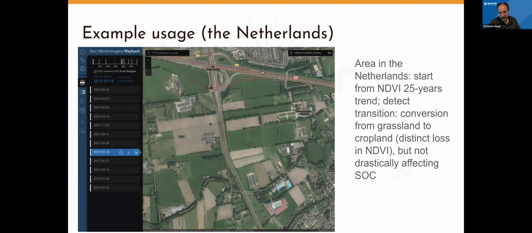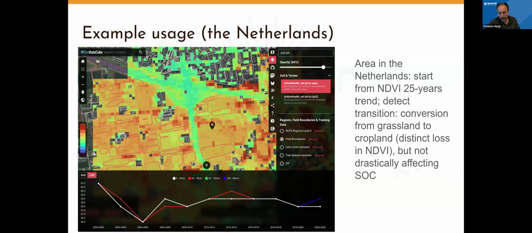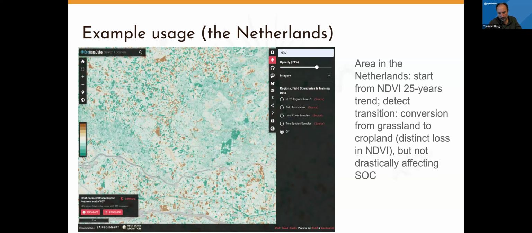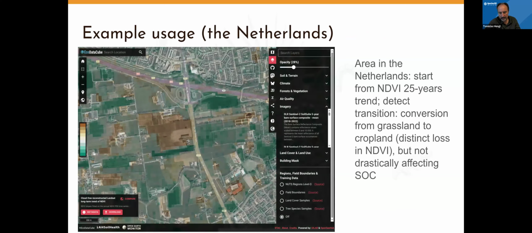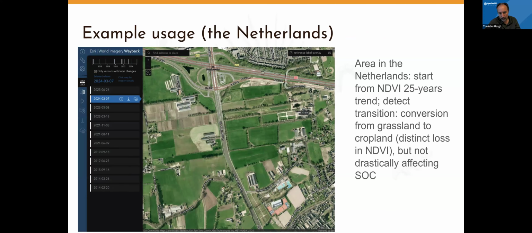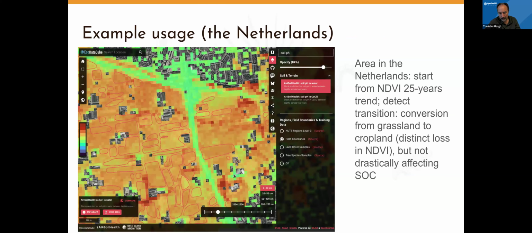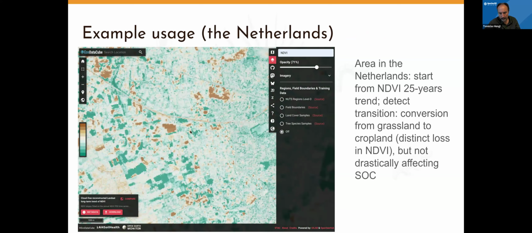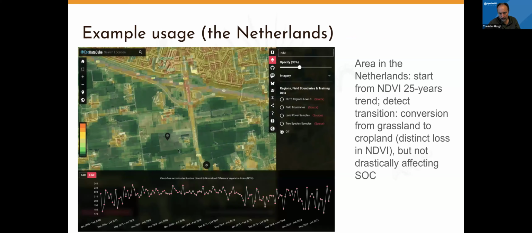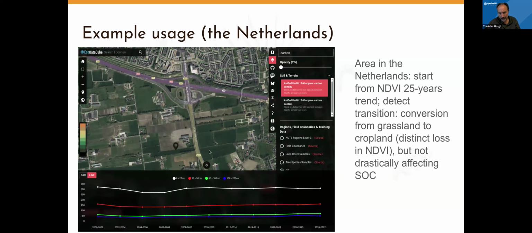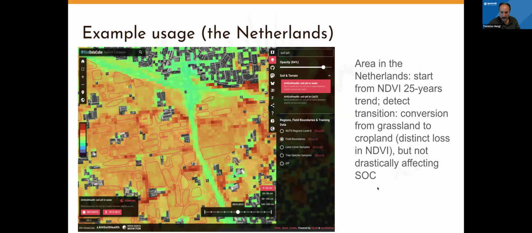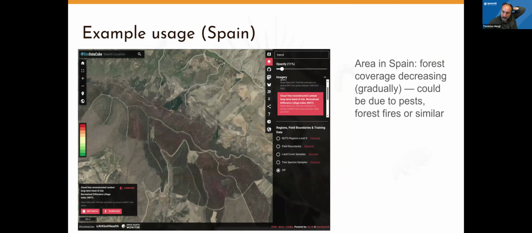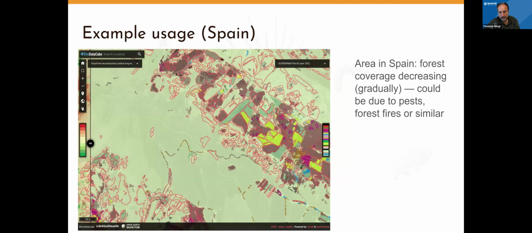So you can see the trend maps, and I'm looking at that farm that I just showed, where we see that there seems to be a change in NDVI. So this reddish color means negative, so there's a loss in NDVI. Now I can look at historical images, 30 centimeter, and I can see when this change happened. As you can see in this example, you can see the 30 centimeter resolution images and how this farm changed. It seems that this farm used to be grassland as its primary land use, and they switched to some kind of cropping system, and that has resulted in a loss of soil carbon. That's an example in Spain.